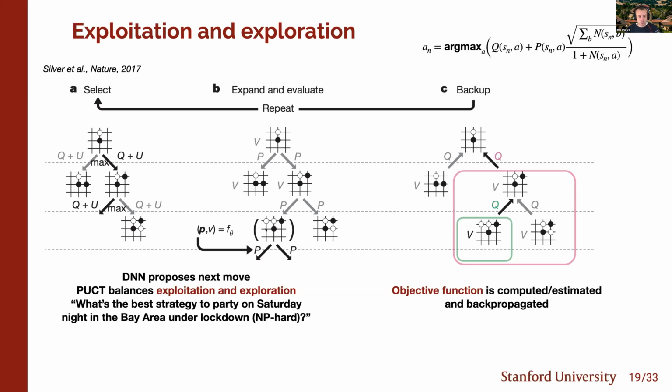And so when you explore the tree, you don't want to, or you cannot, go all the way down to a terminal leaf node. Initially, you start exploring from the top. You discover a new node, a new leaf node, and you want to immediately backpropagate. So you use your neural network to predict the value of this new node you've discovered. What backpropagating means is that every node stores Q, which is essentially the